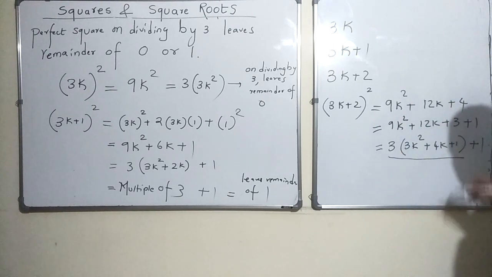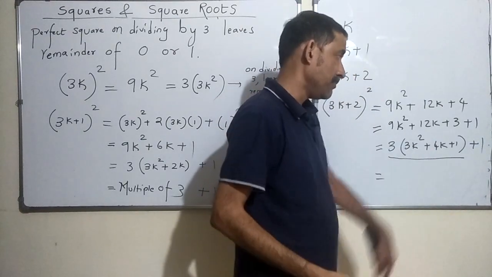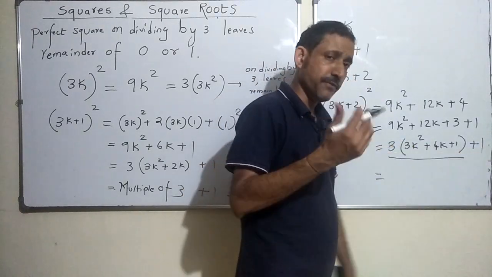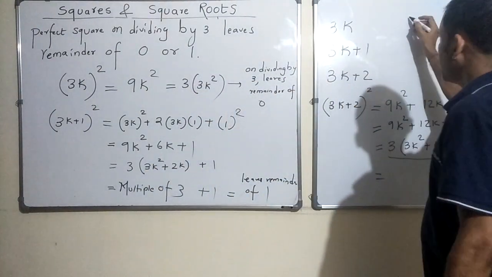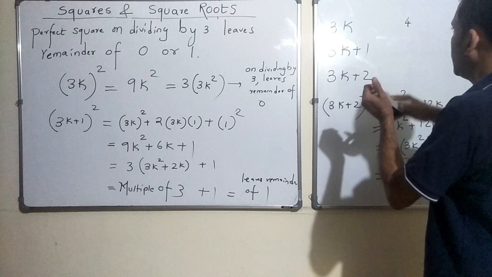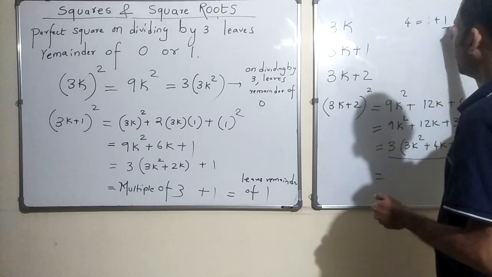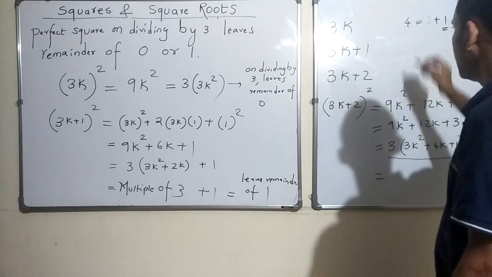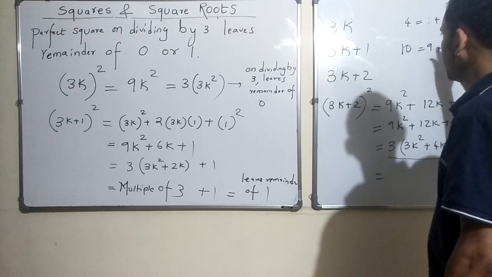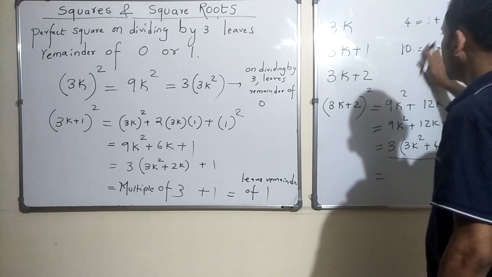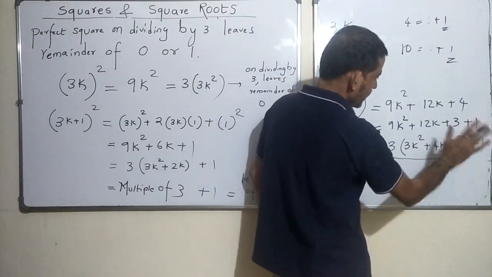Now, this is again a multiple of 3, right. So what will happen if you add 1 to a multiple of 3? You will be having a remainder of 1 eventually. So, for example, 4 is nothing but 3 plus 1. So this is a multiple of 3. So when you divide this anyway, the remainder would be 1, correct? Or 10 for example. So 3 threes are 9, so I can write 9 plus 1. This is a multiple of 3. If I divide 10, this anyway will go away, the remainder will be 1. Similarly, it is a multiple of 3, the remainder would be 1.